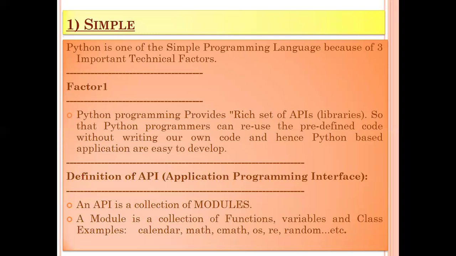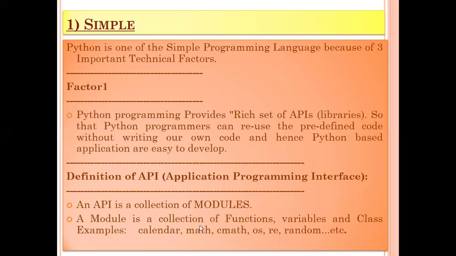Now, API is an application programming interface, and an API is a collection of modules. Please remember this. A module is a collection of functions, variables, and classes. Like we have calendar, math, cmath, os, random, etc. These are the predefined modules.